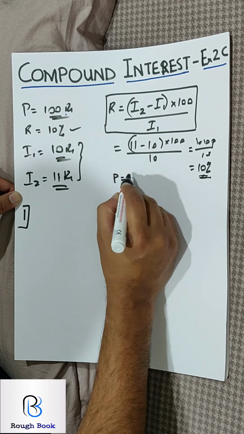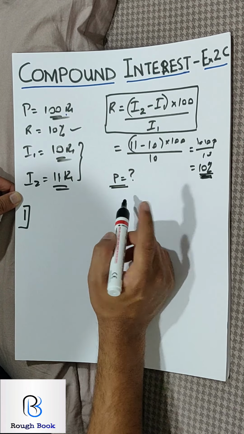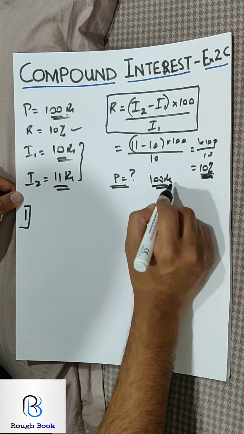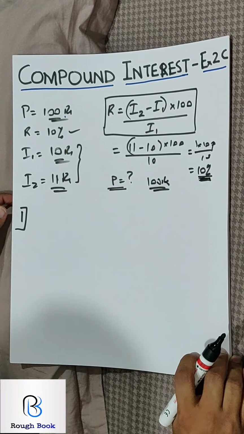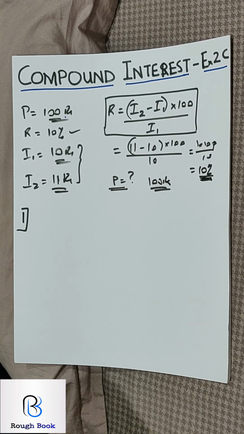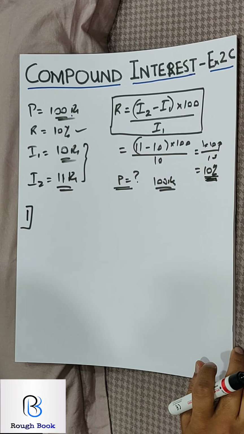One more part, they can also ask you the principal. Once you know the rate, when the principal is asked, you stick to the previous method: let the principal be rupees 100, and then the unitary method. I hope you remember that. So we are going to use the same logic again. I want everyone to try sum number 1. Come on, go ahead please.